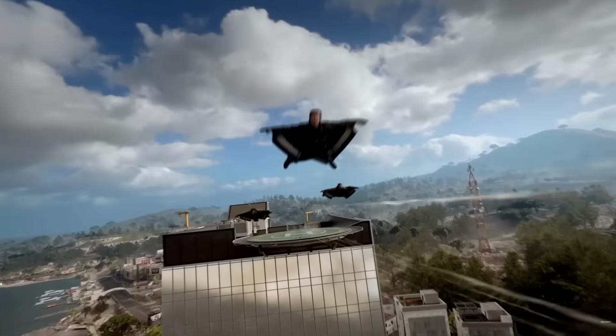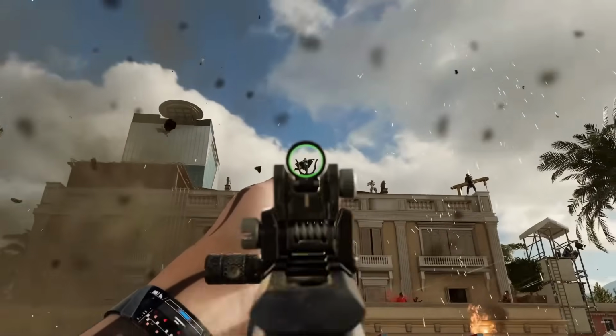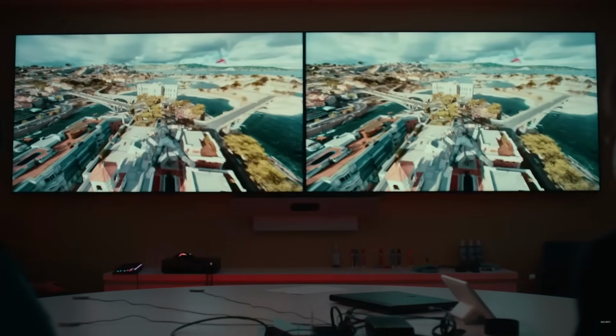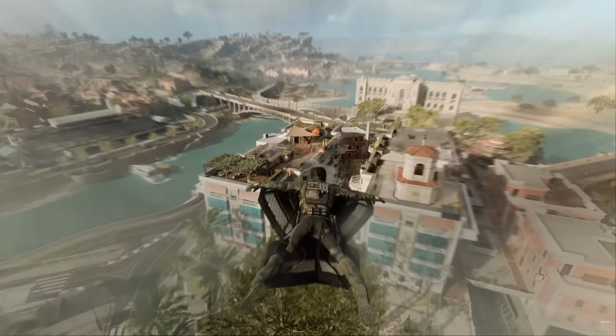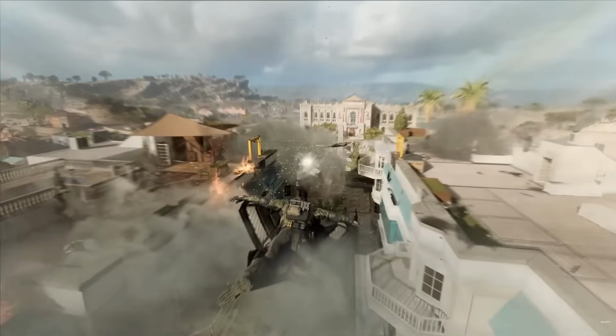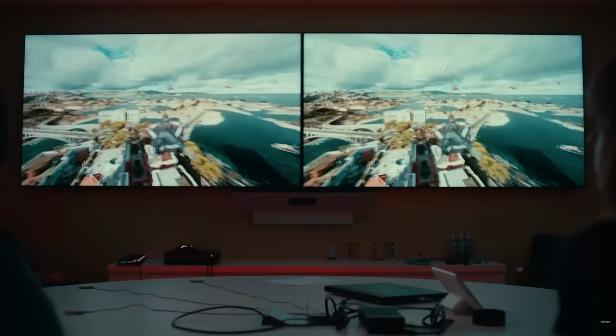Now, wingsuiting in Blackout was a lot of fun. Wingsuiting in Battlefield 2042 was a lot of fun. I'm hoping it's kind of like a mix of those two where we can fly around the map super fast, but then maybe jump out of it and throw an axe, swing a melee weapon, something cool. But just the fact that we'll be able to outplay opponents with a wingsuit is going to make for some